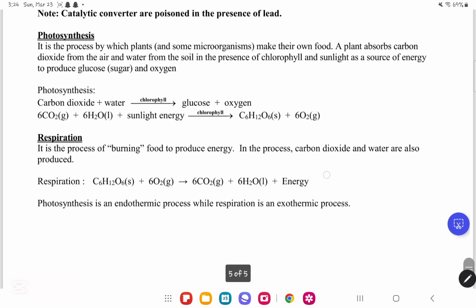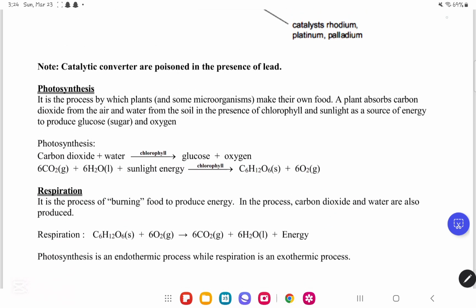We'll move on now to the processes which use the gases carbon dioxide and oxygen. We have two main processes, the first of which is photosynthesis. What is photosynthesis? Photosynthesis is the process by which plants make their own food. How do they make their own food? They absorb carbon dioxide from the air, with water from the soil in the presence of chlorophyll and sunlight, and then they will produce glucose, which